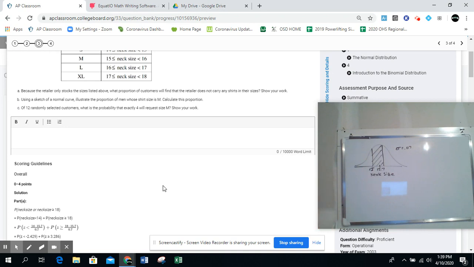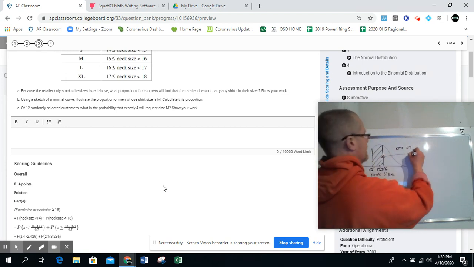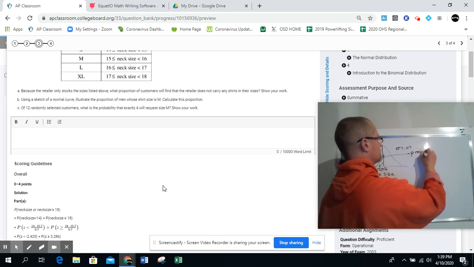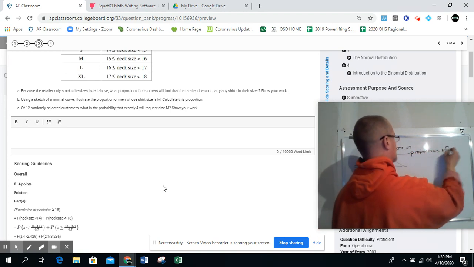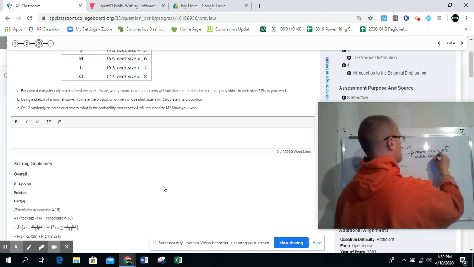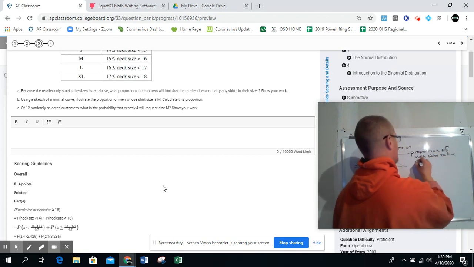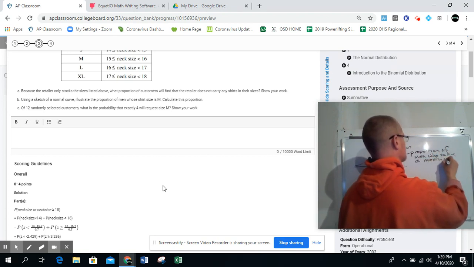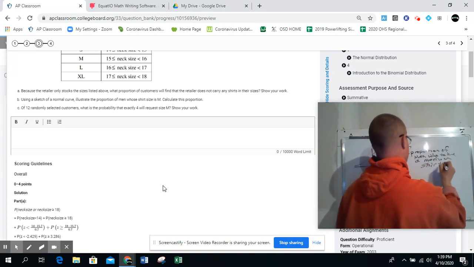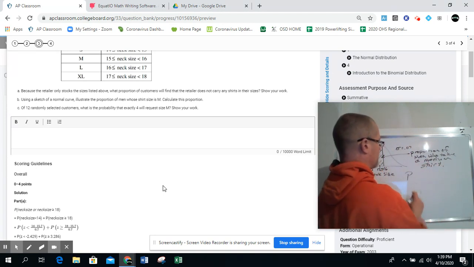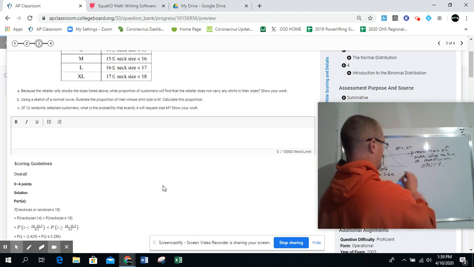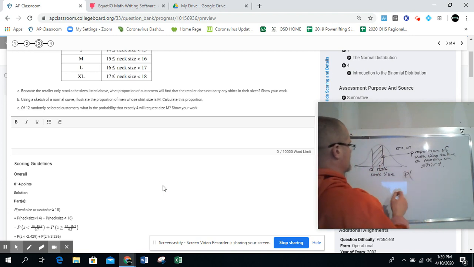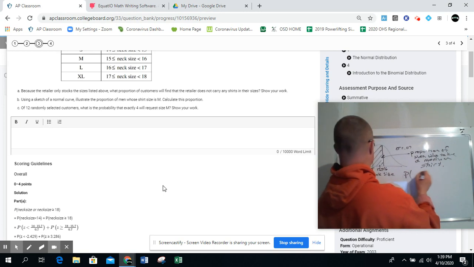So right there, 15 to 16.7, and there's 16. So I labeled where it is. This right here, that's the proportion of men who take a medium shirt. So that proportion is the probability that we are between two z-scores,